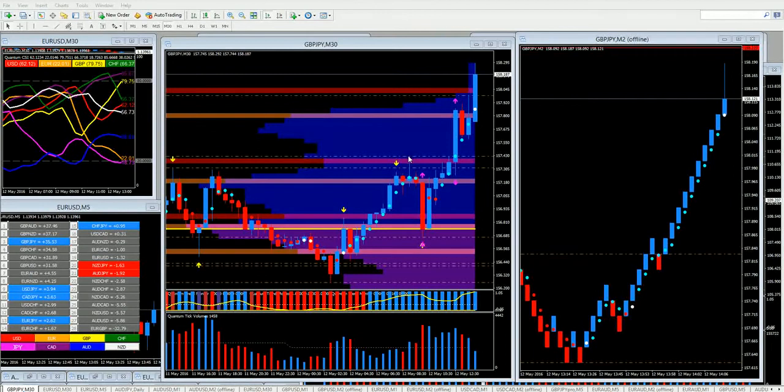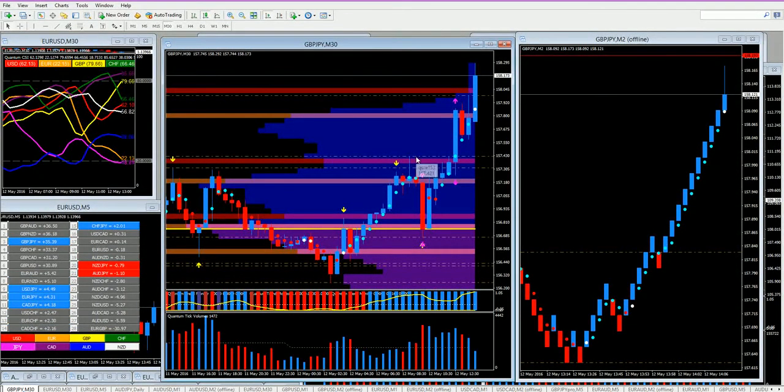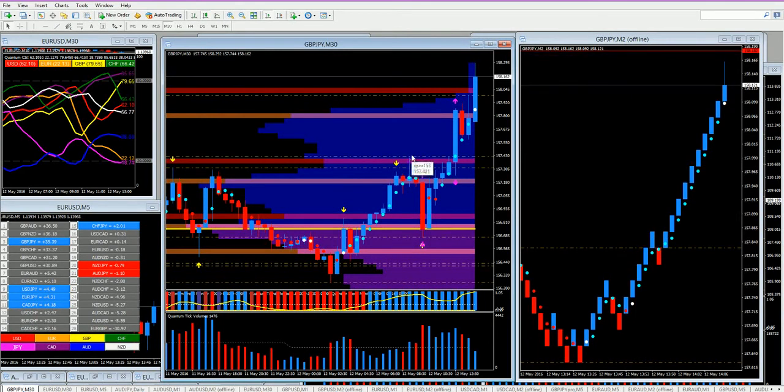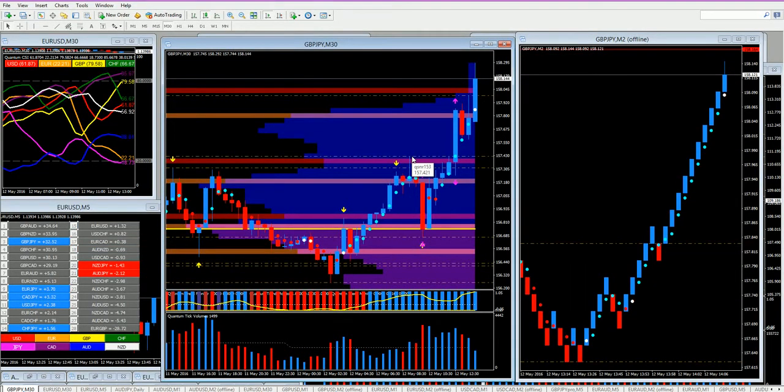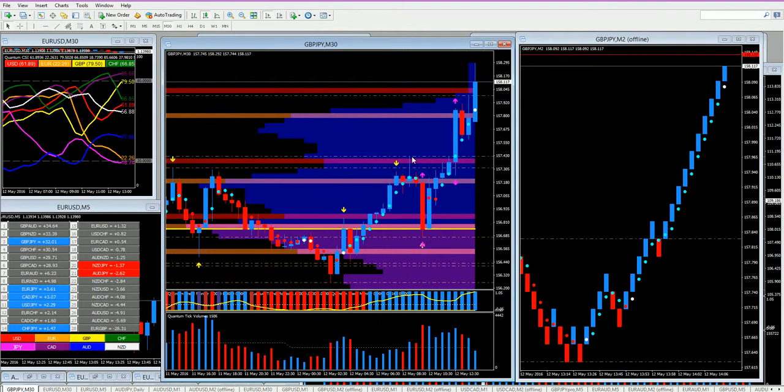This initial weakness came here at this point, which is at 157.42. This was at 7 o'clock our time, and we could already see, not only based on what we saw on the chart, but the CSI was also highlighting that we were likely to see a reversal in the pound yen. I had no idea how far that would go at that time,